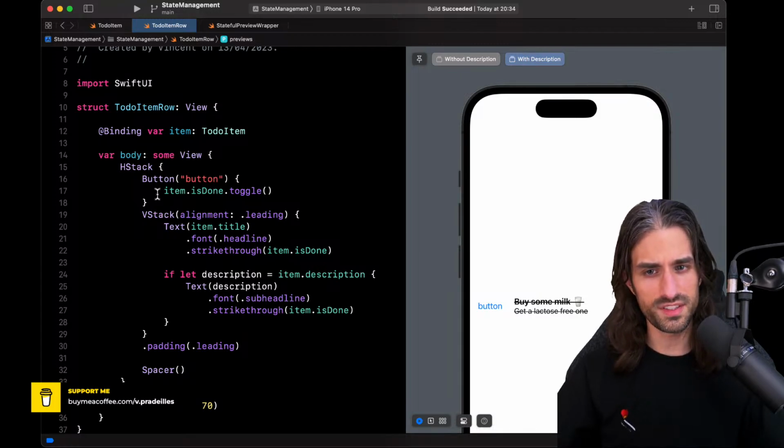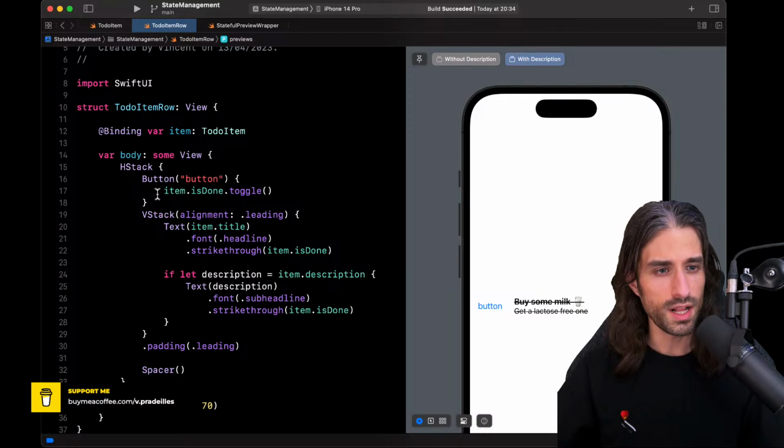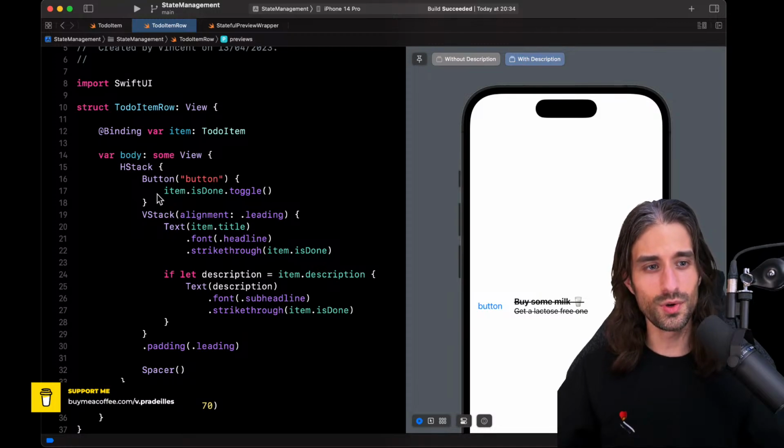And what's nice with this mechanism is that even though it is quite simple, it is also quite powerful, because by using @State and @Binding, we are able to implement two-way data flow between a parent view and a child view. And this data flow is done through the init, meaning that the data has to be carried manually across all views. I'm saying that because later we will see another mechanism that allows you to do a data flow in a way where you don't have to explicitly carry the data across the views.